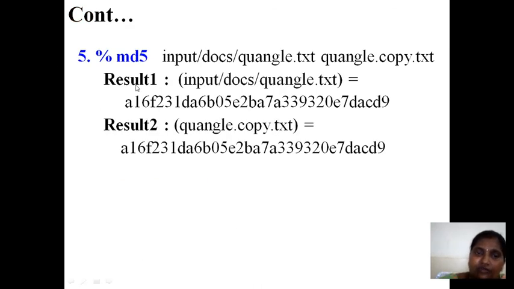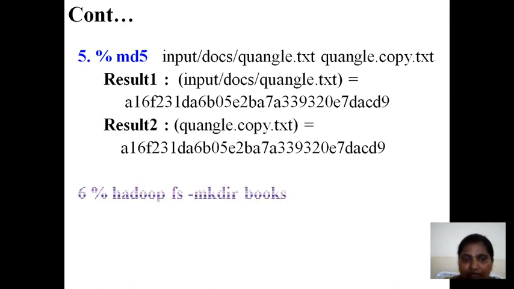Like that we can do some hashing methods also, MD5. The input file you are going to give is congle copy.txt. The output is some hashed code. It is not understandable to the user. It is system generated, which gives a unique code to identify your data or text uniquely. The same for result2. Like this we can execute a lot of commands here.